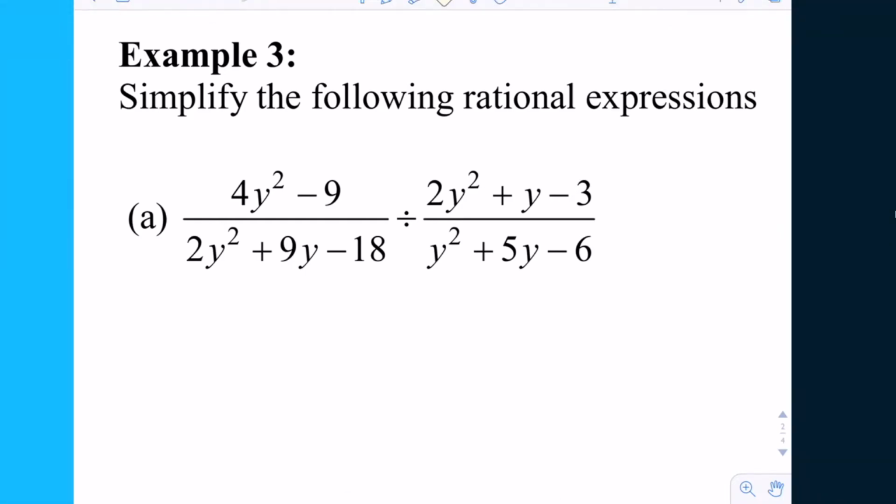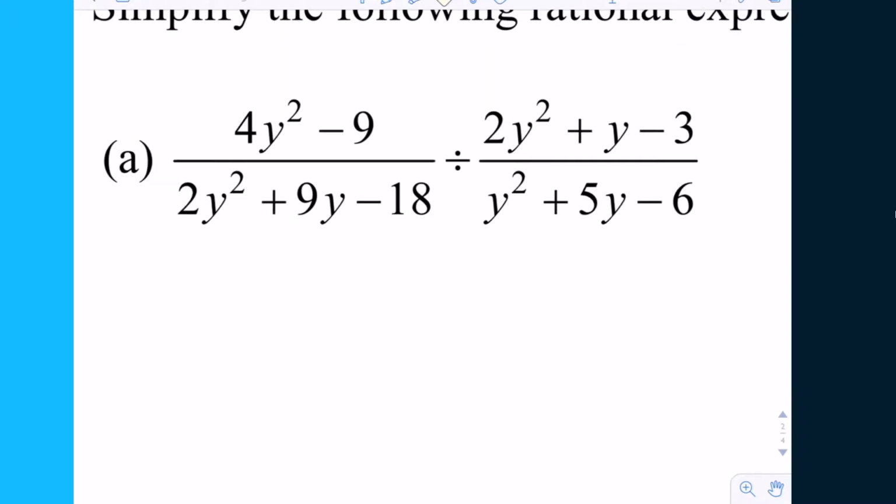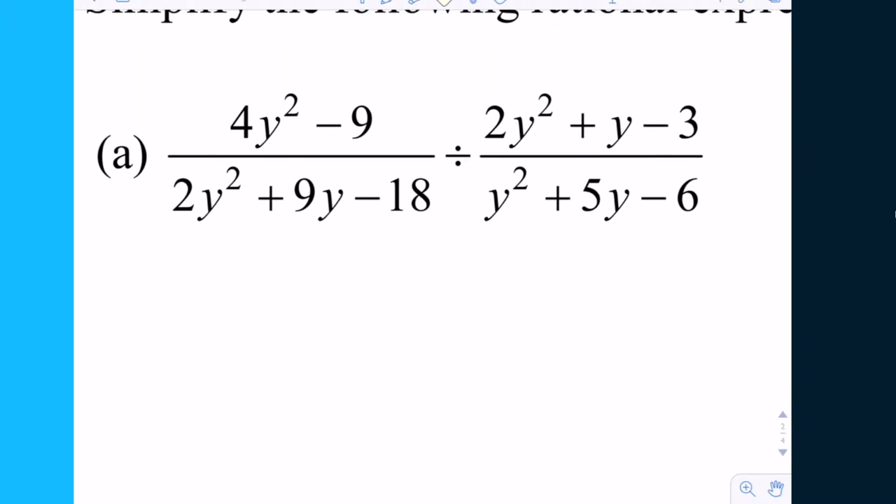So section 1.3, we're just going to finish up today. We skipped a very important idea so that we could get our test in, and that's simplifying rational expressions, especially complex rational expressions. So this one here is not written in complex form, but it is a rational function divided